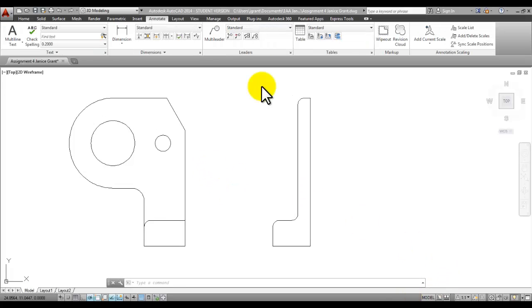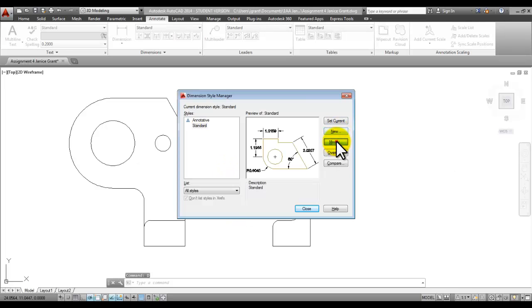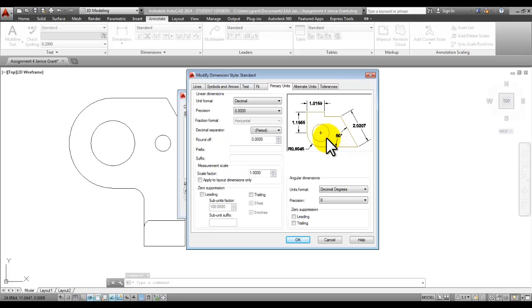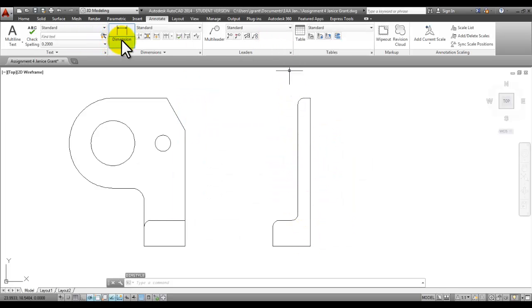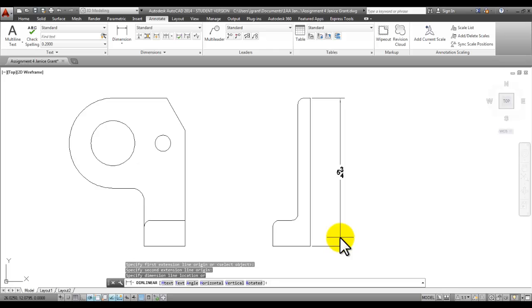Now we're ready to throw the dimensions on. In the Annotate tab, you've got dimensions here, but we need to set up for fractional measurement. So type in D and enter, just the letter D and enter. And then in the Dimension Style dialog box, you can pick Modify, and then in the Primary Units tab, you can change the unit format to fractional. I'll pick OK and close. And now when I use the linear dimension, I can click here and here, and I've got my 5 3/4